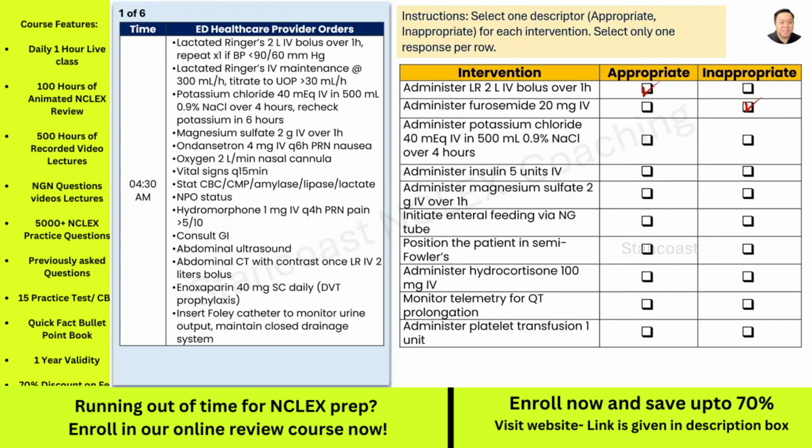Now let's get into the next intervention. It says administer potassium chloride 40 milliequivalents IV in 500 mL of 0.9 sodium chloride over 4 hours. What do you think about this? This is appropriate. You must administer potassium immediately as ordered. Now, I want you to pay attention to the patient's lab value, specifically the potassium, which was 2.4 when he